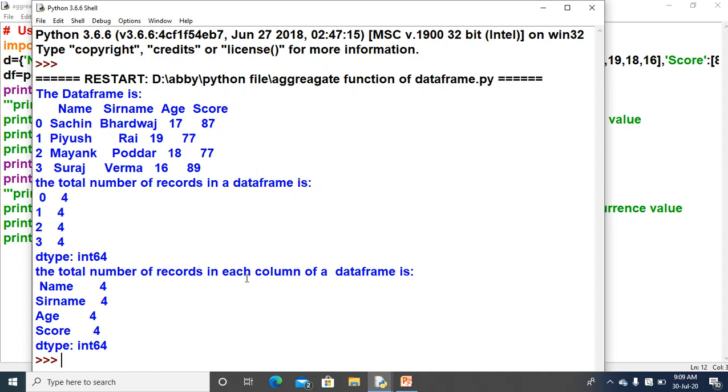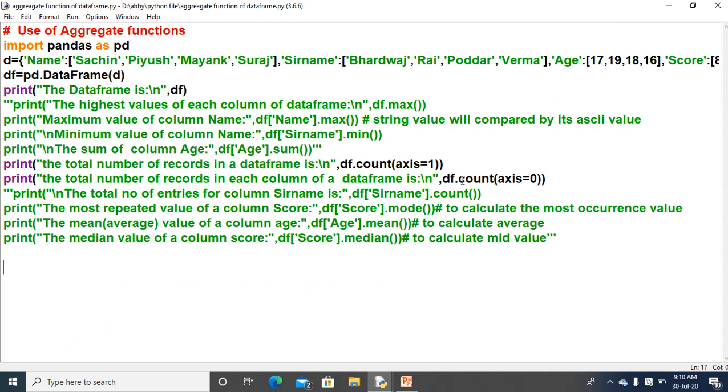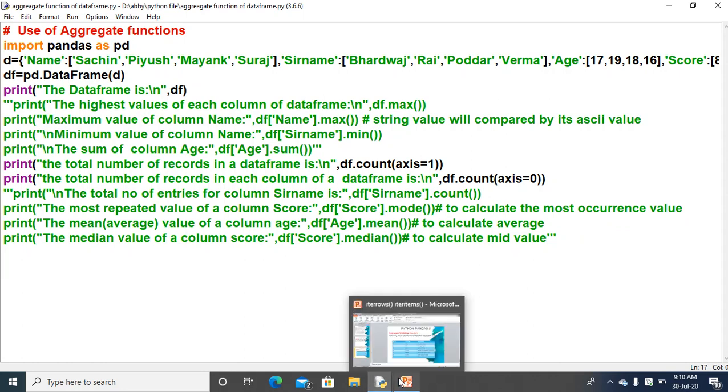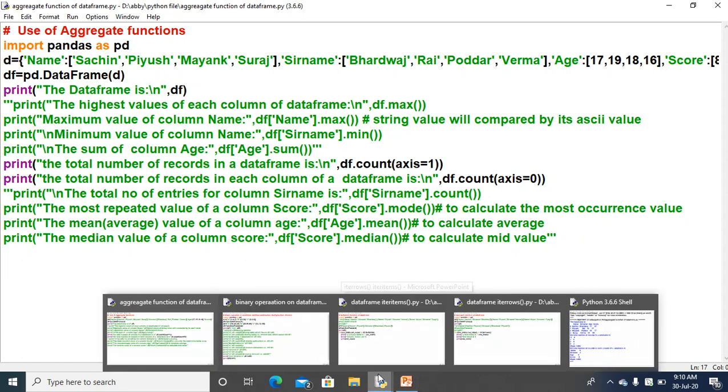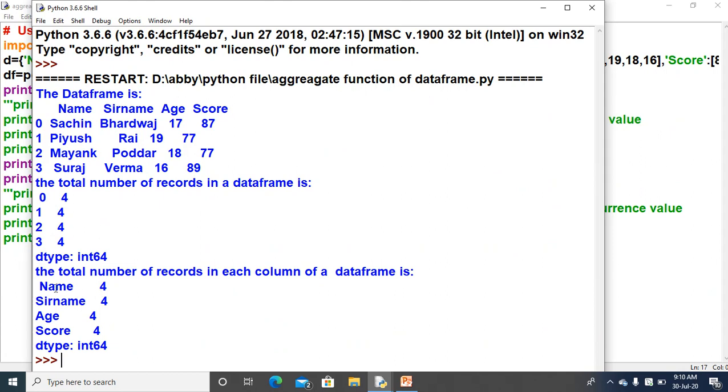The total number of records in each column of the data frame, when you write df.count with x equal to 0, then each column will have that many records, which will be returned by the output. Name will have how many rows? 1, 2, 3, 4.